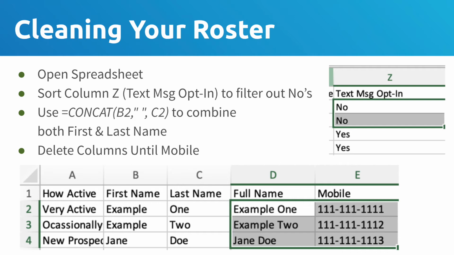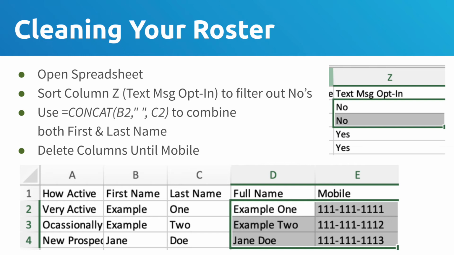All right, and so the final thing, once you clean your roster that we've reviewed, is to highlight the list of individuals that you want to add. Now, remind.com, when you're copying and pasting in, doesn't want you to add the column header. So for example, here, full name and mobile are the 2 column headers I have. Don't actually copy those headers in. Start with row number 2, and you can just click and drag those 2 columns to control and copy all that you want all the way down, and then paste them, as I'll show you on the next slide,